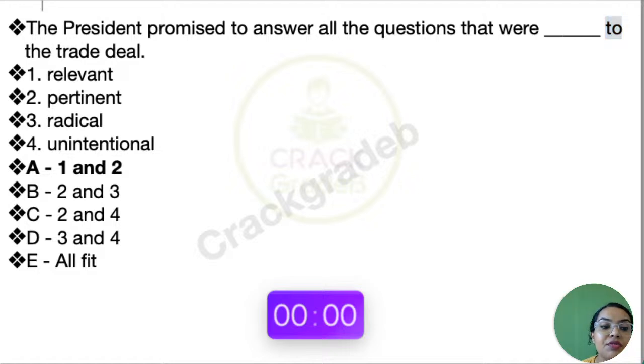Radical, learn this word before we end the session. Radical is an adjective. The first meaning is comprehensive, something which is very extensive. A radical change happened, so a thorough change happened. The second meaning of this word is something which is very important, essential. The third meaning of this is something which has extremity attached to it. He was a radical. That means he went to an extreme level in the way he did things, where everybody could see. So this is again used to describe people, movements, etc. Radical has multiple meanings, multiple contexts, so you should know this word.